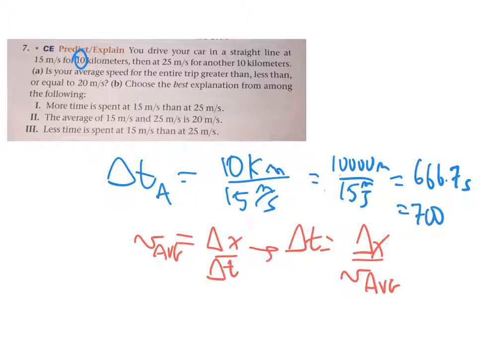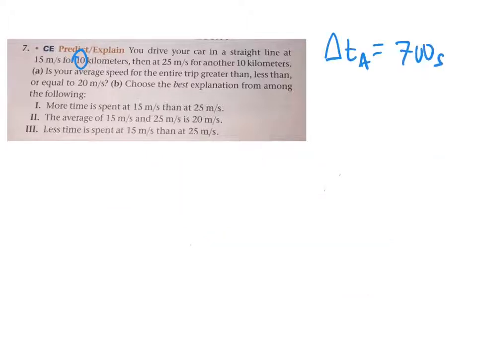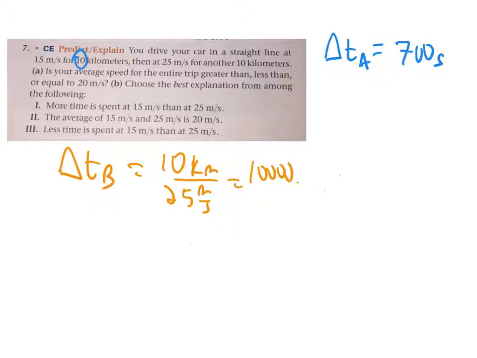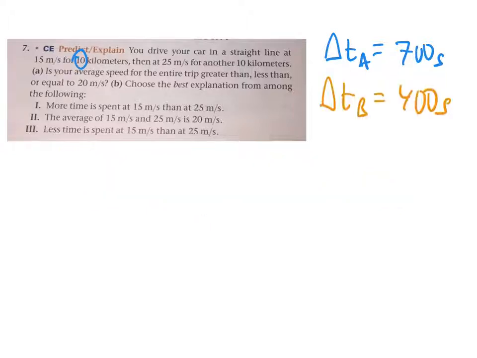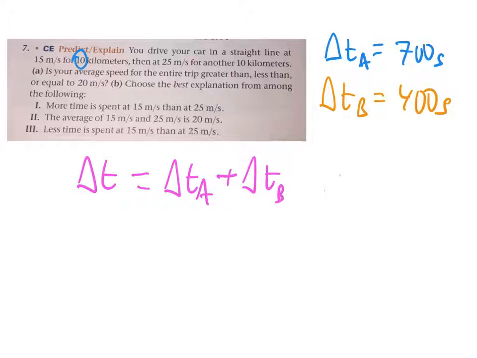In exactly the same way, the time over trip B, the time at 25 meters per second, is still basically the same 10 kilometers, but over 25 meters per second. So this is 10,000 meters over 25 meters per second, which is 400 seconds. And yay, it all rounds out to 400 anyway. Then the total delta t for this trip is how long it took to go the first 10 kilometers and how long it took to go the second 10 kilometers, which is 700 seconds plus 400 seconds,